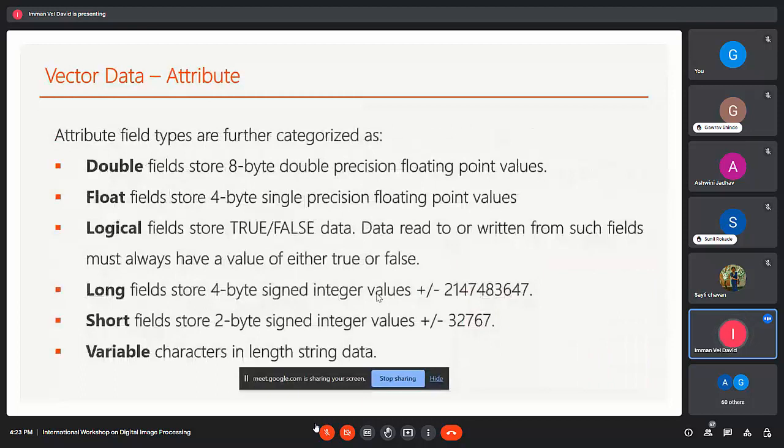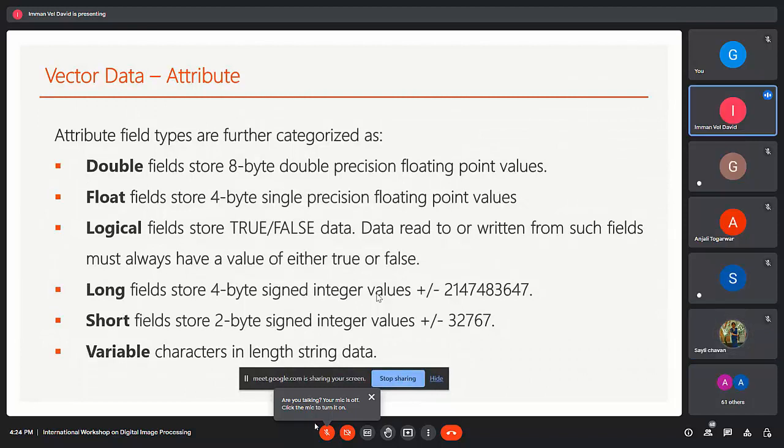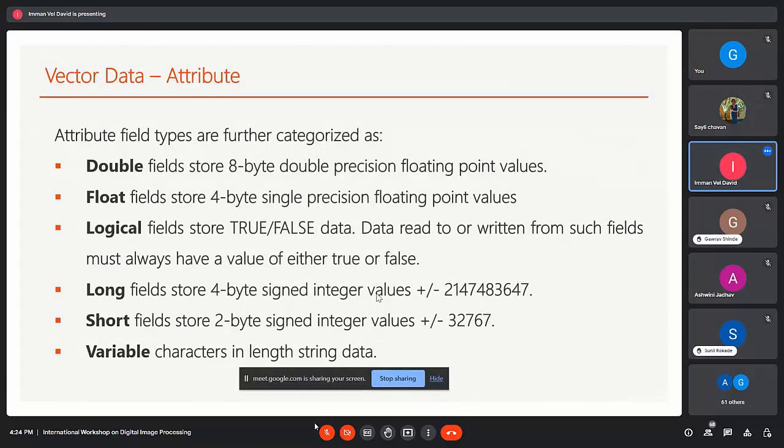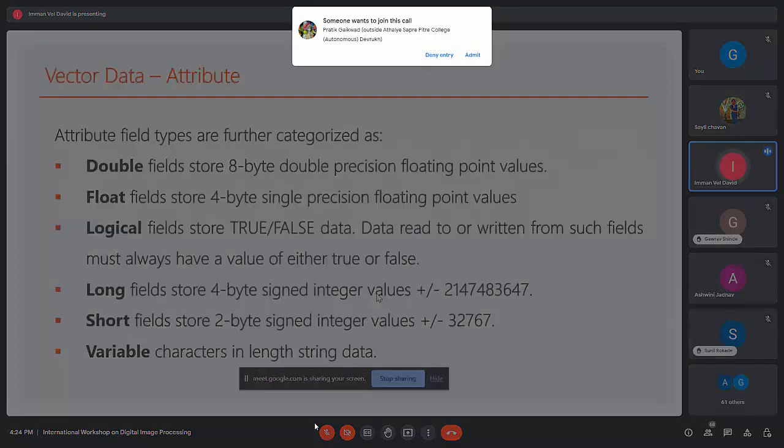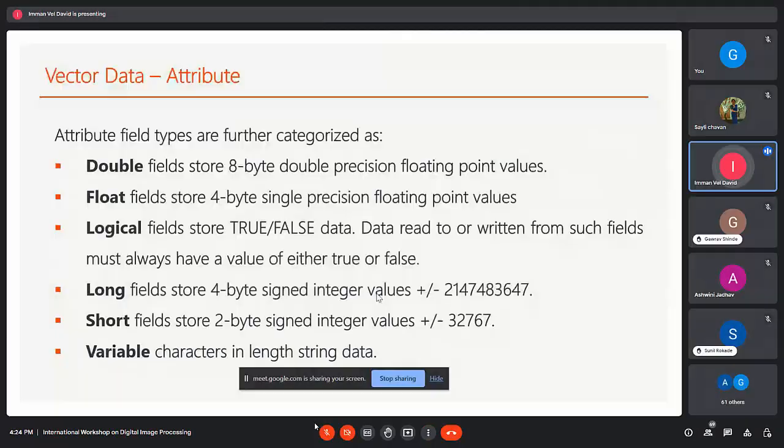Further, the main field types are divided as double, float, logical, long, short, and variables. You can see in every GIS software, when beginning creation of the attribute data, it will show double, float, logical, long, short, and variables. Double fields store 8 bytes of double precision floating point values.